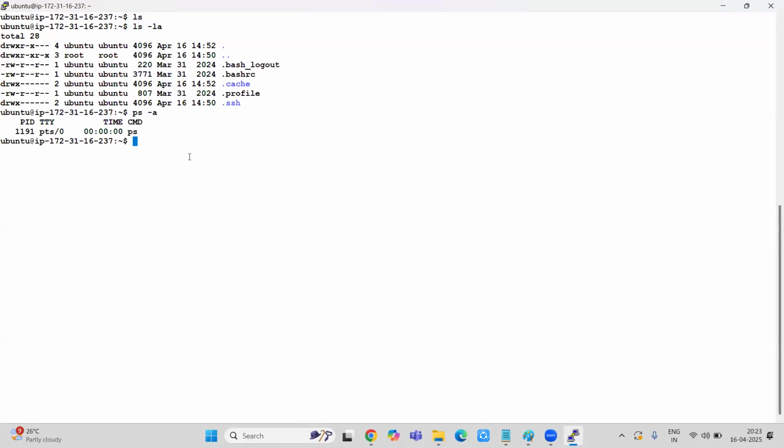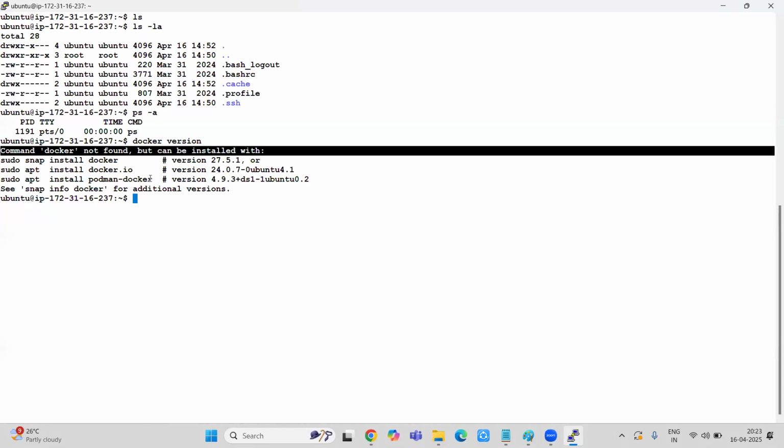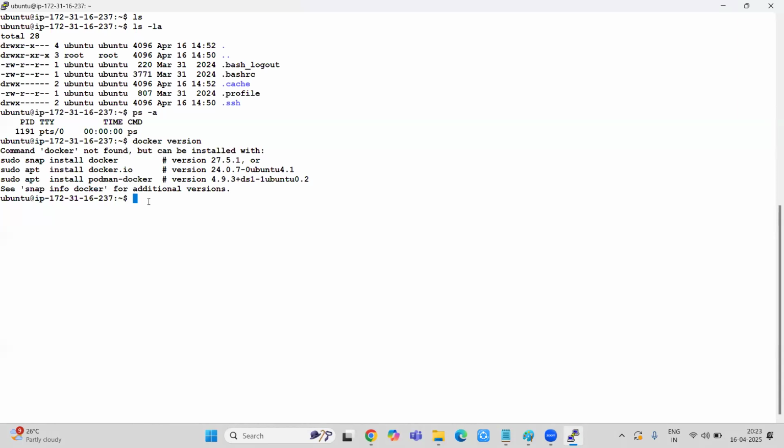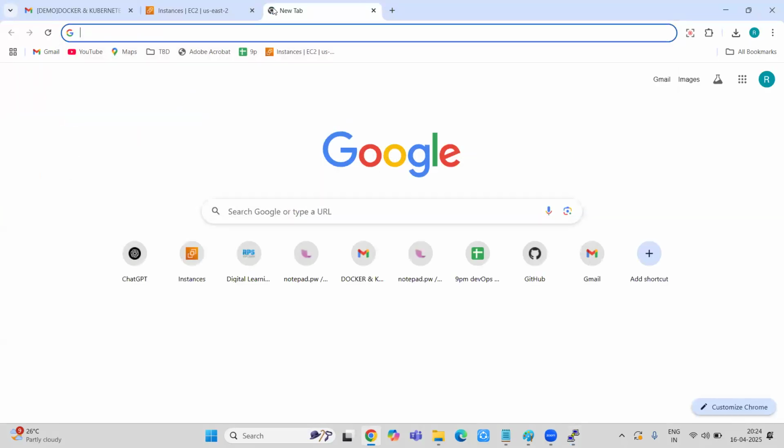Now let's create a Docker. Before that, we have to have Docker installed, right? Right now, I don't have it, because this Ubuntu machine is unable to recognize it. So I have to install it. In Ubuntu, we have commands where we have to add the repository keys, GPG keys, and enable the community version. Instead of that, we'll go with curl, that is client URL. curl -sL means get the complete content from where it has to download the file, because curl is used to download and display the content.